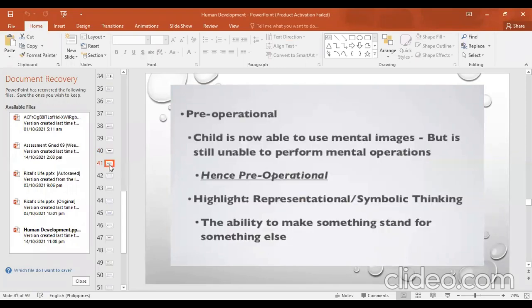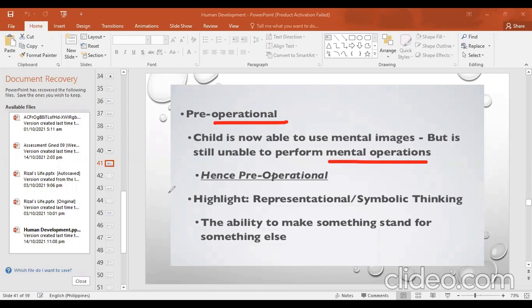So next, we have pre-operational. Child is now able to use mental images. Coming from the word operational, ayan, ibig sabihin nito ay mental operation. Kumbaga yung mga imagination things, something like that. But is still unable to perform mental operations. Okay? So, when we talk about pre-operational,